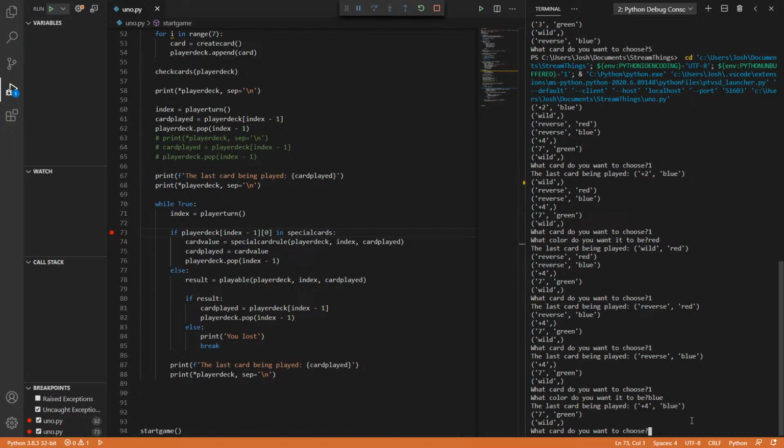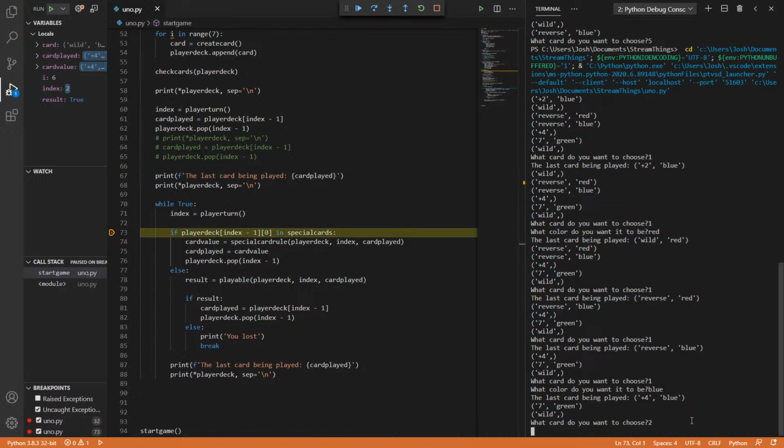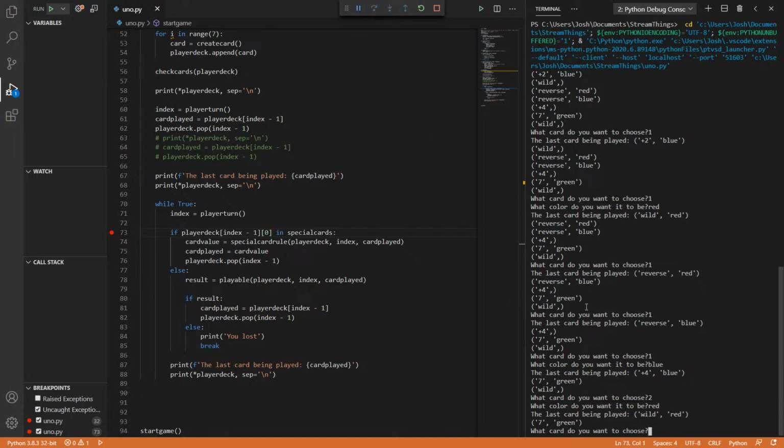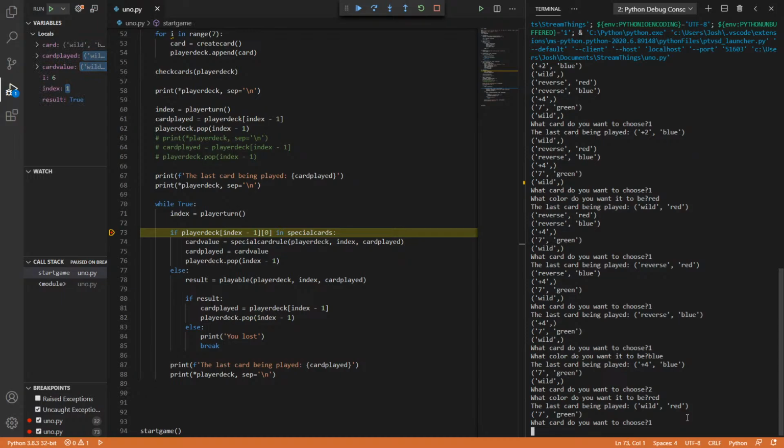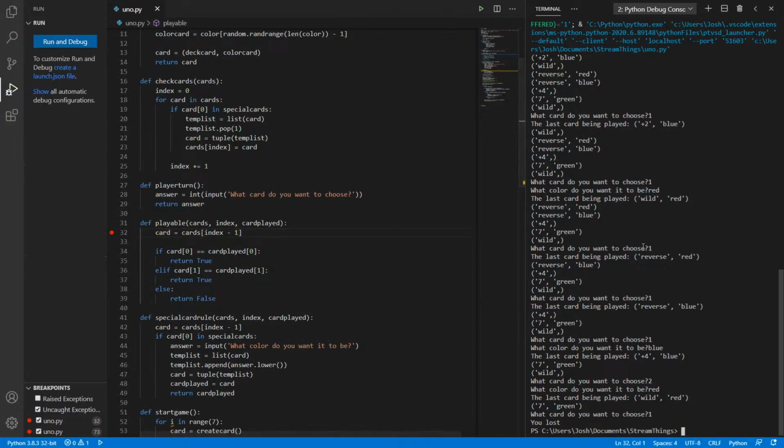Two. Right. And if I do it like red or something, then it's gonna give me... Oh, is that legal in Uno? I don't know. If it is, then yay. But there we go. That's